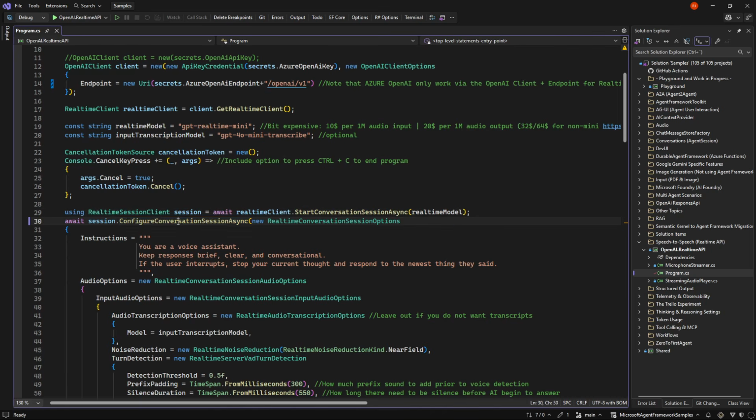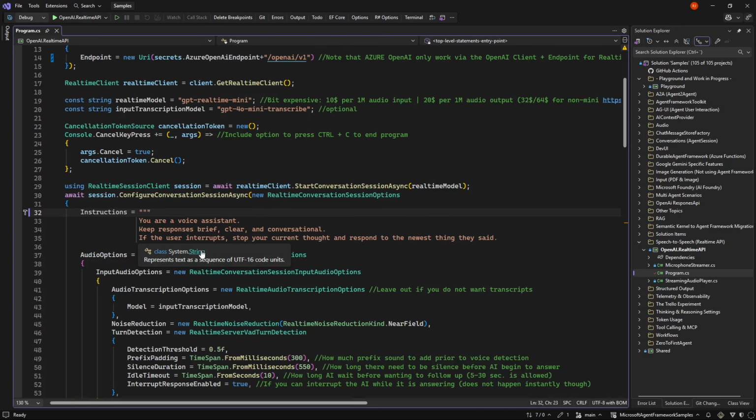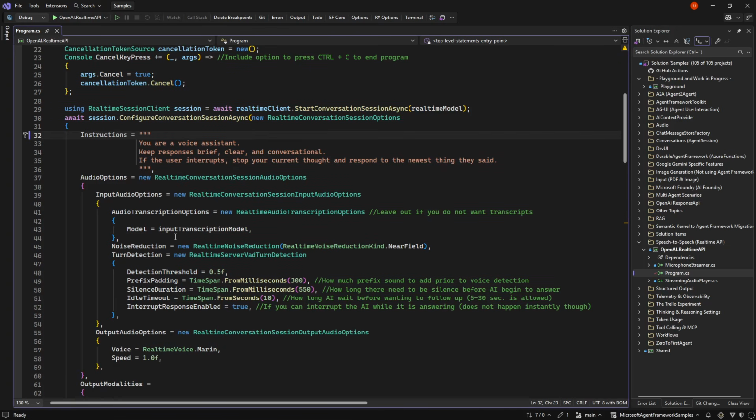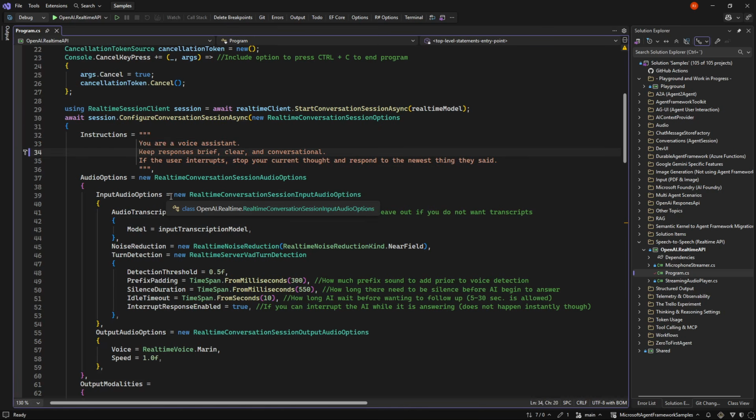And then we configure the session. There's a bunch of settings we can set on this. I've taken the most common ones here that I thought we needed. So we can give instructions just like a system message, if it should talk in a special way and so on. And I'm just giving it that it's a voice assistant and it needs to be clear and brief.